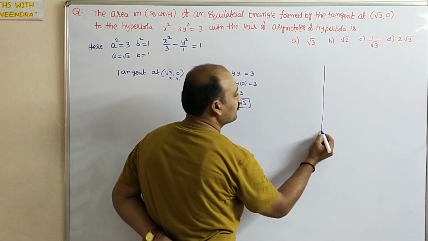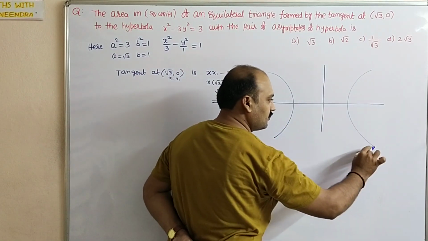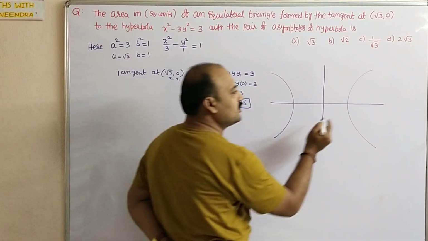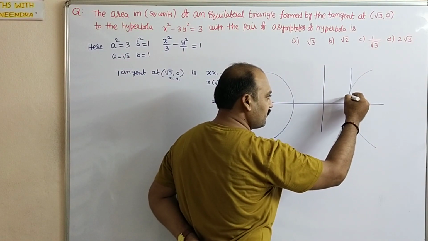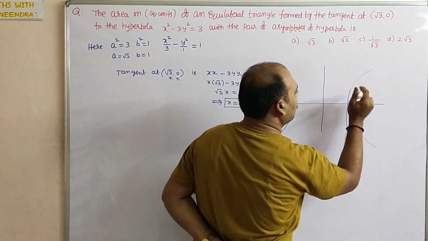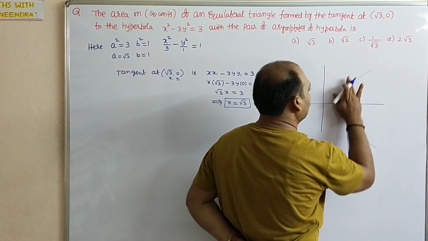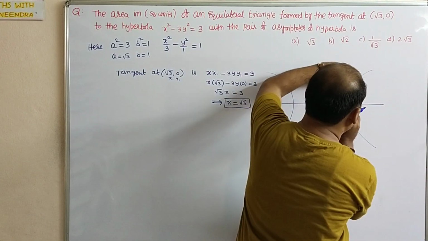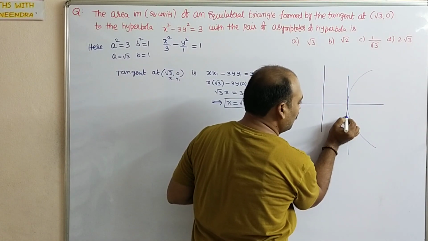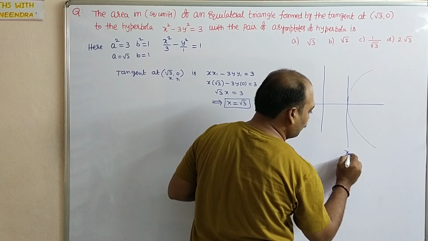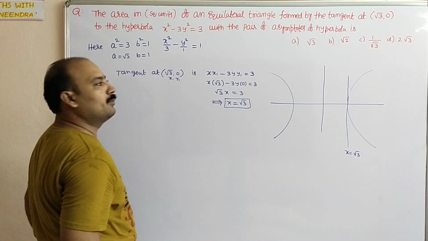Now we draw the figure. This is the hyperbola equation. x is equal to plus root 3, so that line will be like this. This is the tangent, x is equal to root 3. Better to draw like this. This is the x is equal to root 3 line. After completing the tangent equation at root 3, 0,